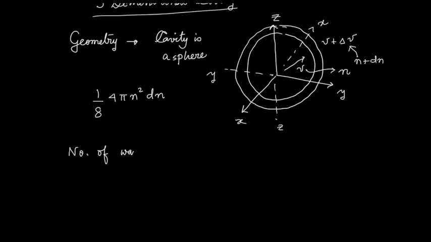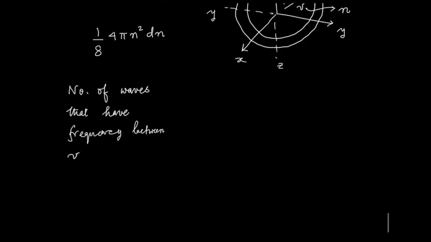So I can now write down the number of waves that can fit in, or that have frequency between nu and nu plus d nu. This is essentially what we called n nu d nu,